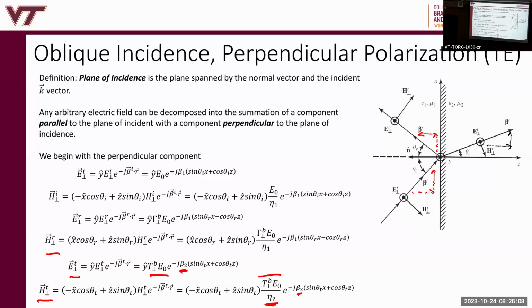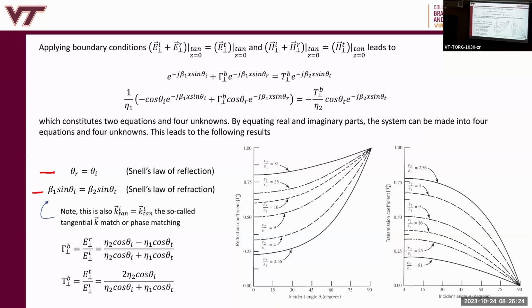All right. Now, that means that this component has to equal this component, and they have to equal this component as well, right? They all have to be the same k vector. So from there, you can get theta incident equal to theta reflected, and you can get Snell's law of refraction. And you can derive these two coefficients, gamma, the reflection coefficient, and T, the transmission coefficient, in the oblique incidence